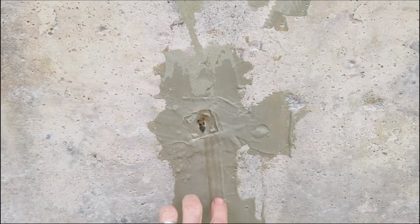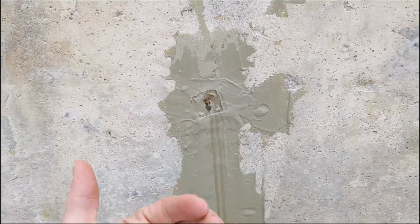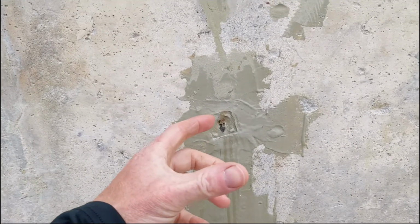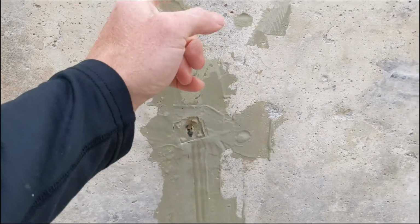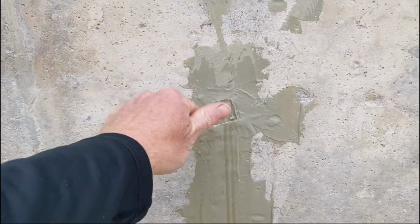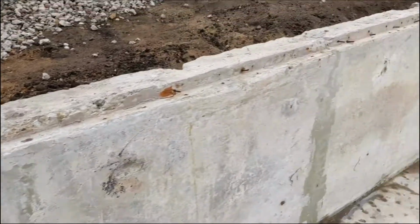You use anchoring epoxy to plaster the front so epoxy doesn't get thrown out at you while you're putting it into the injector ports. When this is all hardened, you go back with a different epoxy with a low viscosity like the stuff I was using originally, and you're going to start inserting it into the cracks, and you'll see it move into the cracks and move up, and even ooze up through the top, and when you do that, you know that you've done it completely. You plug up the ports when you pull the epoxy gun out, and then you just let it set, and voila, if you look around the pool,